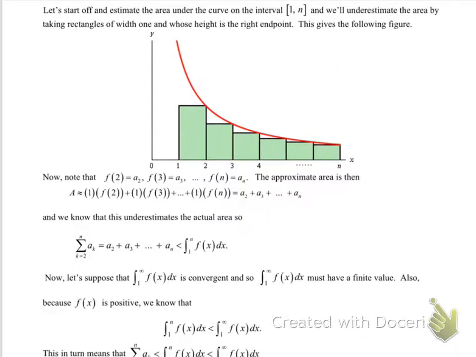If you look there, we know that this underestimates the actual area. So the series is less than the integral. Now suppose that the integral converges. If the integral converges, then the integral has a finite value. Also, because our function is positive, we know that